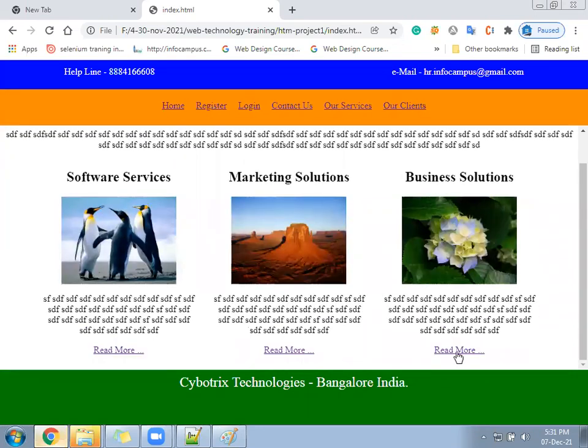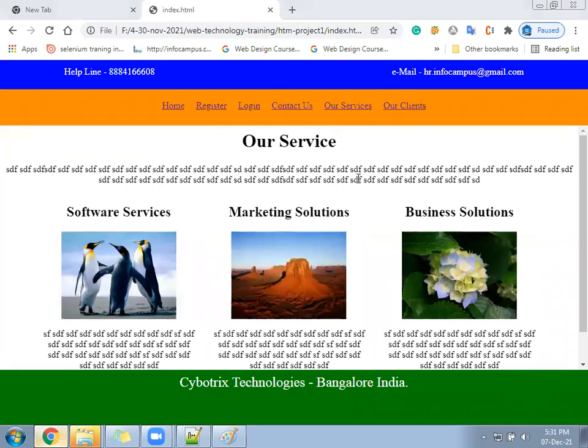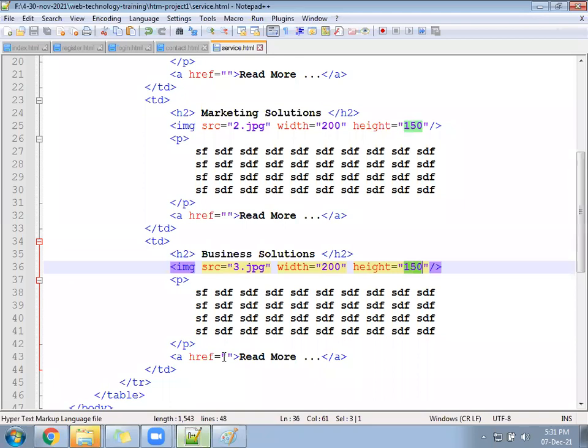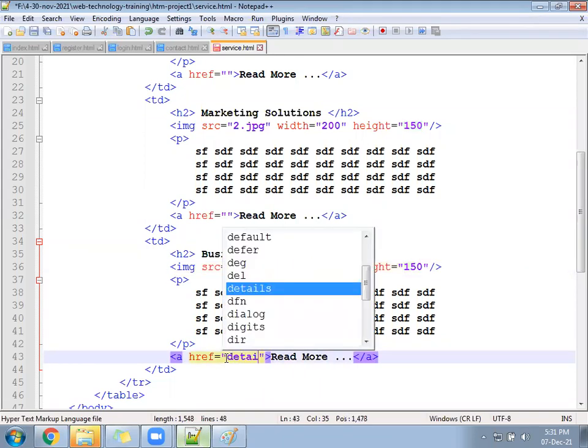When you click on read more, it should go to another file. That file will open here only. So first complete the client page, then we'll come to the read more page. We'll click on read more, it will go to the next file. So in read more, what are we calling? Call a file details.html.